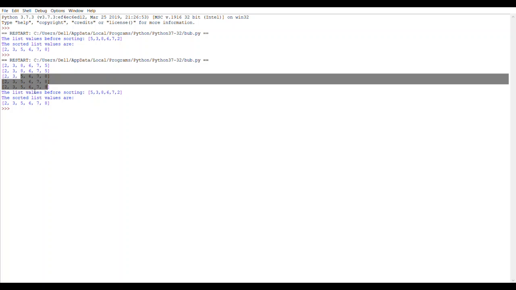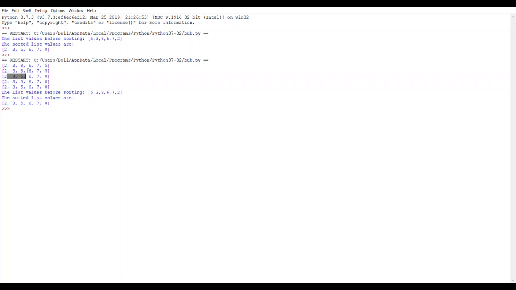Thereafter, we don't have any other values to be sorted, so it goes till the end of the list. That is why two or three more steps are being added there. This is the step where the values are sorted properly, and then again it goes until the end of the elements. So this is the procedure that happens behind the screen.